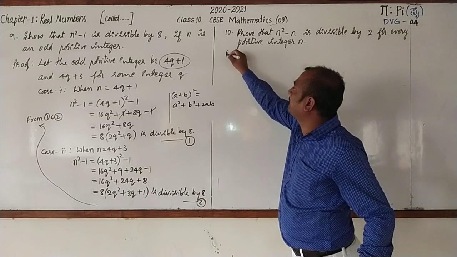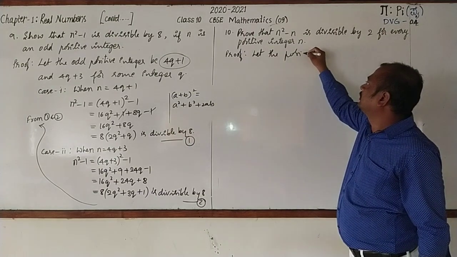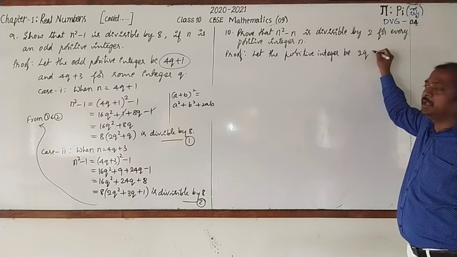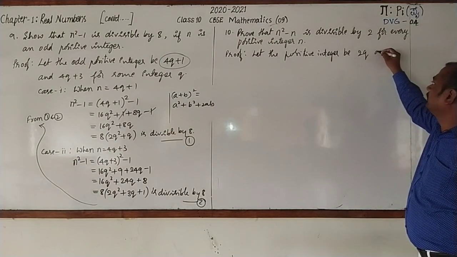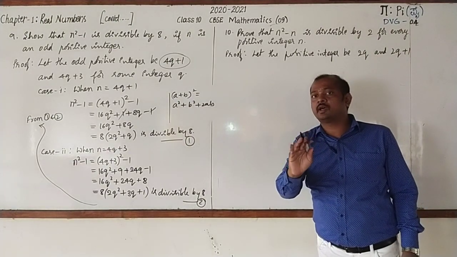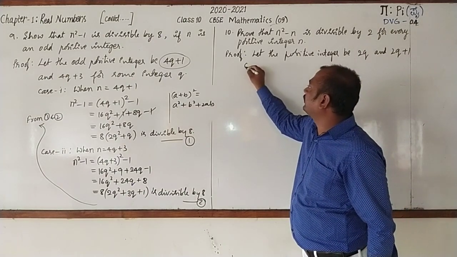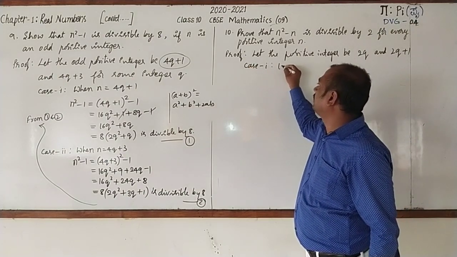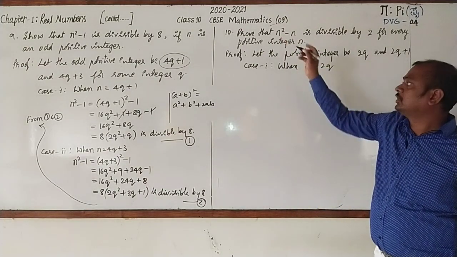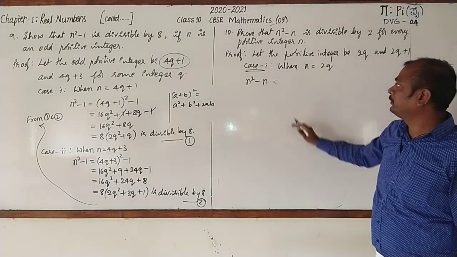I go for taking the positive integer. Let the positive integer be, how do you take? It may be 2q or it may be 2q plus 1, because they have not given whether it is even or odd. Understood? Next, look here. I go for taking case 1. In case 1, when n is 2q, now we have to take n square minus n, which is equal to,